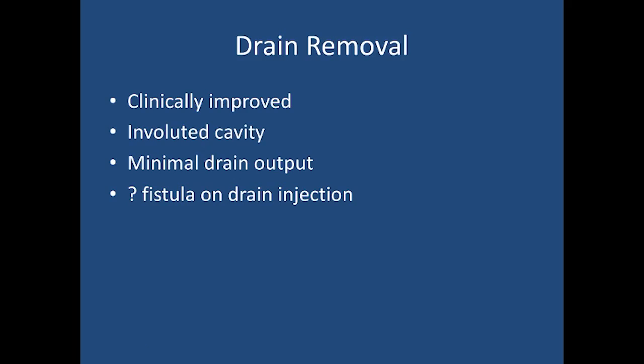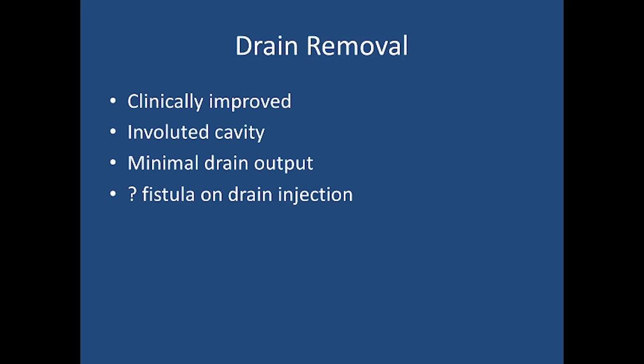Now it's also important to talk about when to remove a drain, and that could be almost as hard of a decision as how to place a drain in itself. General guidelines for drain removal include that the patient is clinically improved, no longer has a fever, resolution of leukocytosis. And on imaging, whether that be CT, drain injection under fluoroscopy, or both, the abscess cavity has involuted. There is minimal drainage output, I'd say less than 15-20 cc's output per 24-hour period, and then evaluation for whether